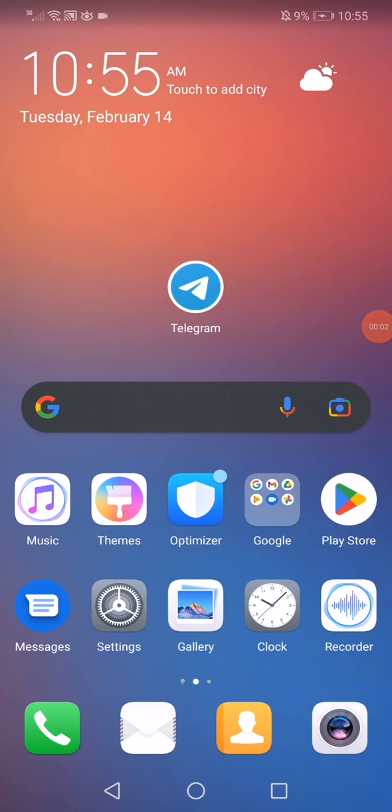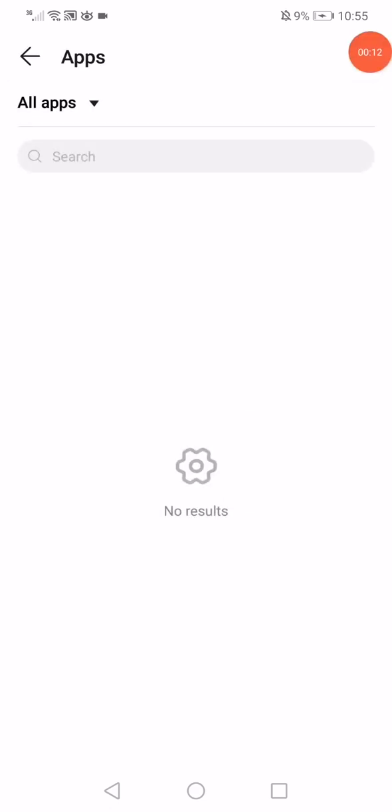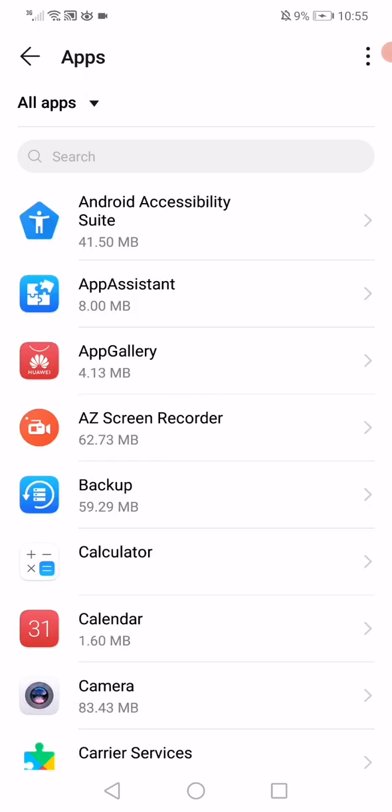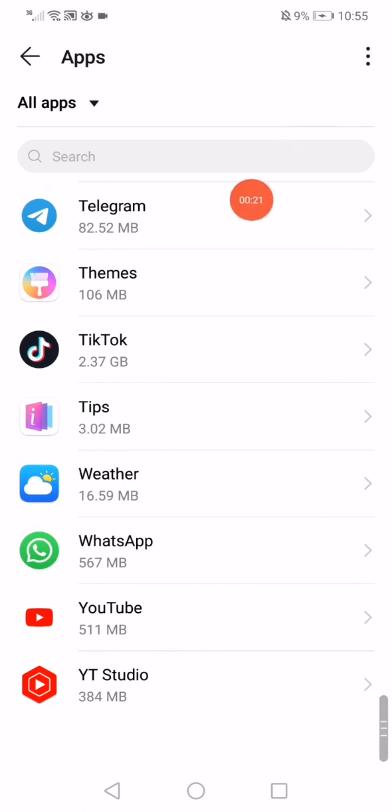How to fix Telegram problem easily and fast. So all what you want to do, guys, to fix any problem you have in your Telegram, go to settings, go to the apps. Now when you open the apps, wait a few seconds, and after that scroll until you find Telegram and click